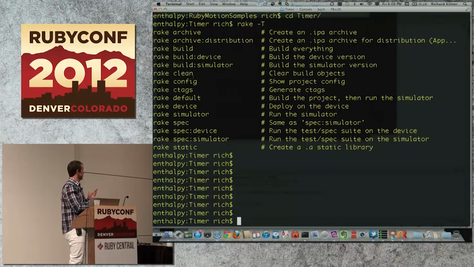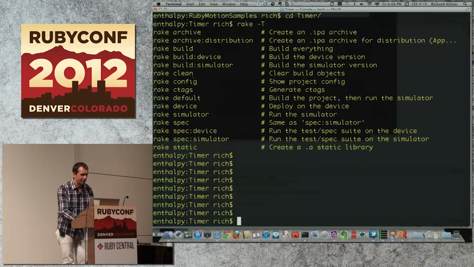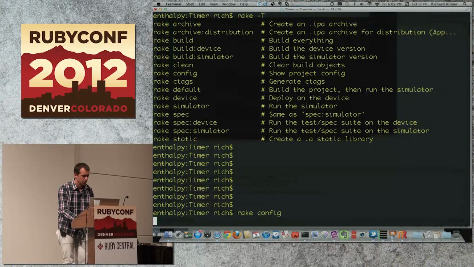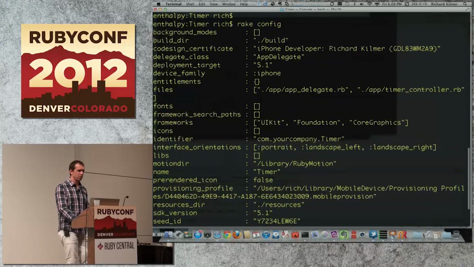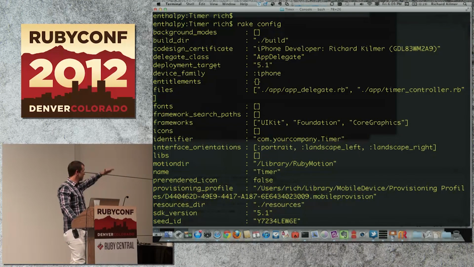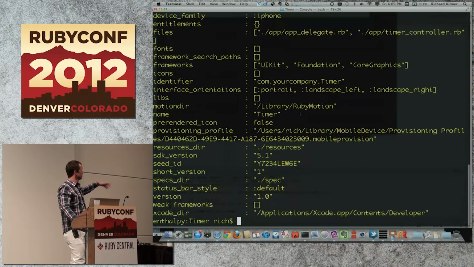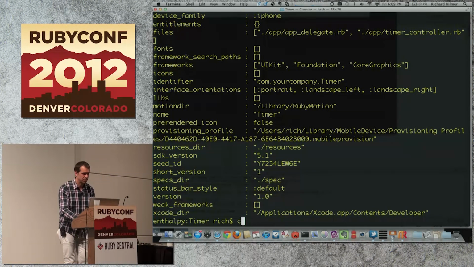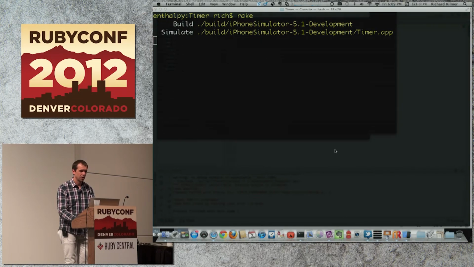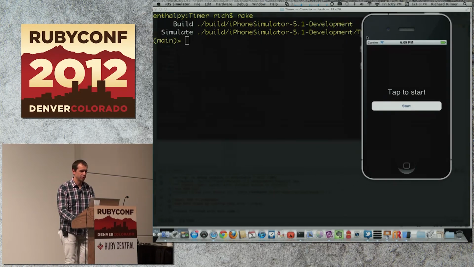So these are how you interact with the toolchain. Rake, if I do rake simulator or just rake, it actually runs the app on the simulator. If I do rake config, this shows you all of the different things that you can actually set on your application. This is literally everything that you can do to define parameters on your application. You can set all these in your rake file. By default, these are all the defaults. So it says the default frameworks you're using. So if you're using a different framework, you just add that framework to the list of frameworks you're supporting. What interface orientations, all these sort of things are available to you to actually override in your rake file. But these are the defaults. So if I just type rake, simulator is going to come up, and this timer is going to come up.